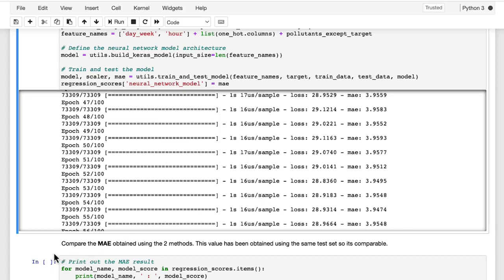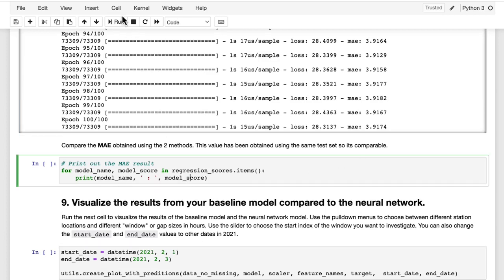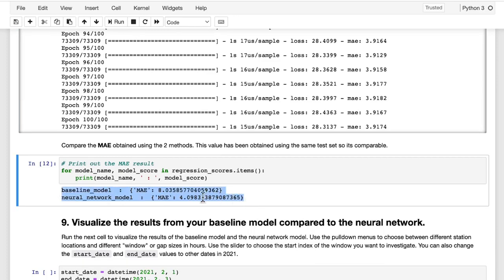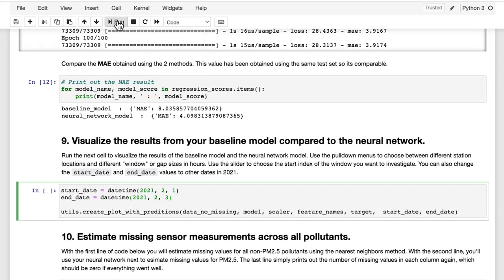When the network is finished running, you'll test how well it does by having it make predictions on the test data set that you created before. You can run this next cell to print out the comparison between your baseline model and your neural network. You can see here that for this test set, your mean absolute error is significantly lower, about half what it was for your baseline. When you run the next cell here, you can visualize how your new neural network model